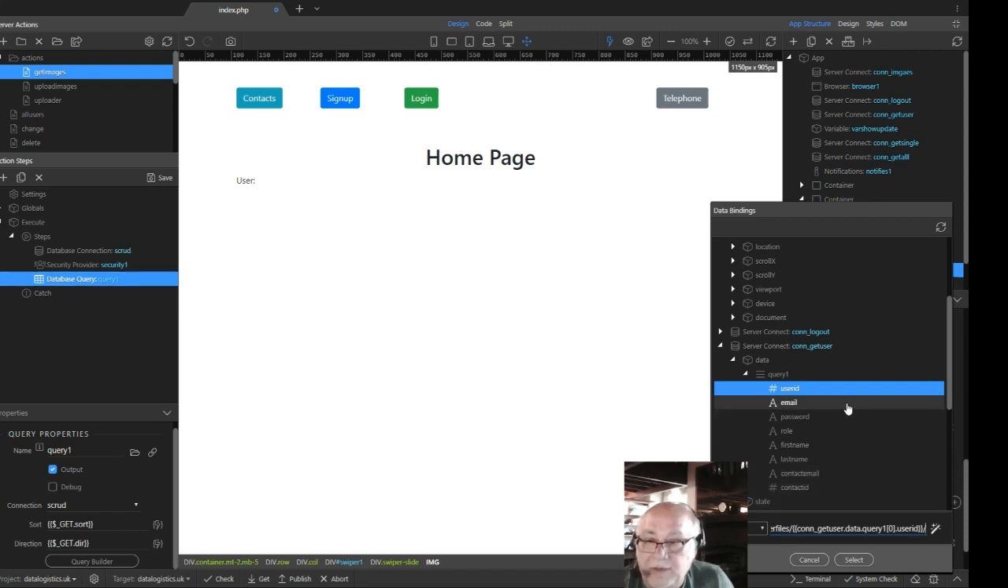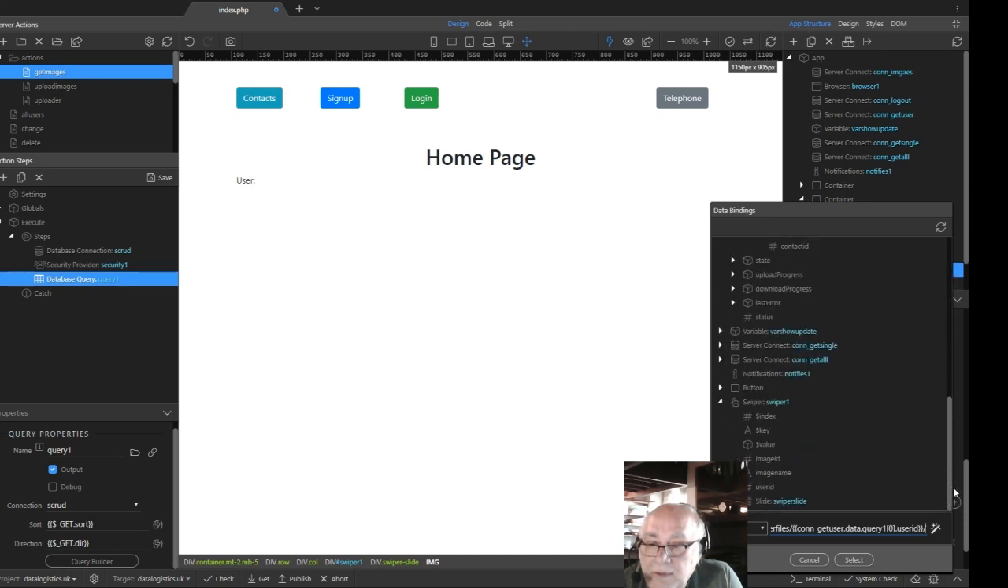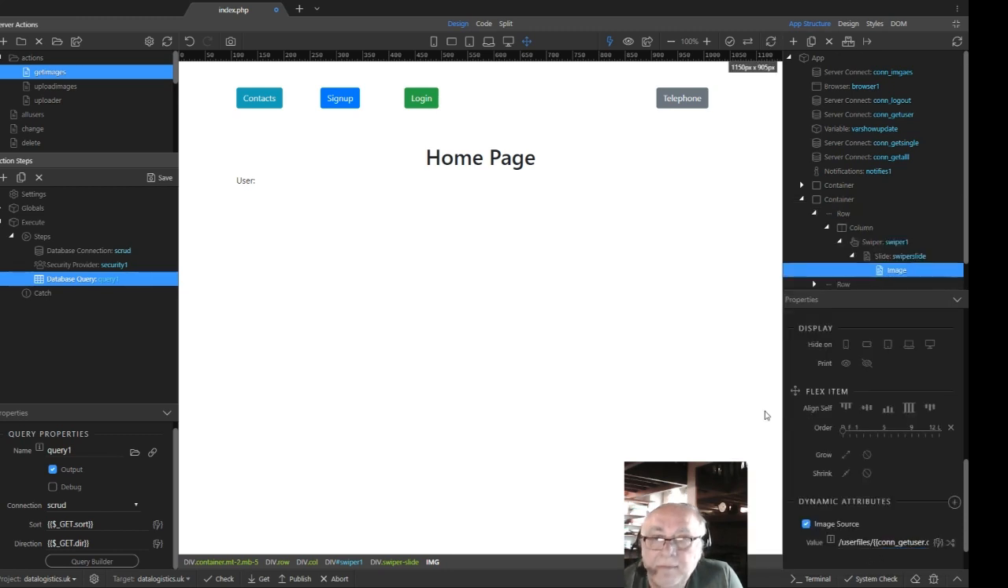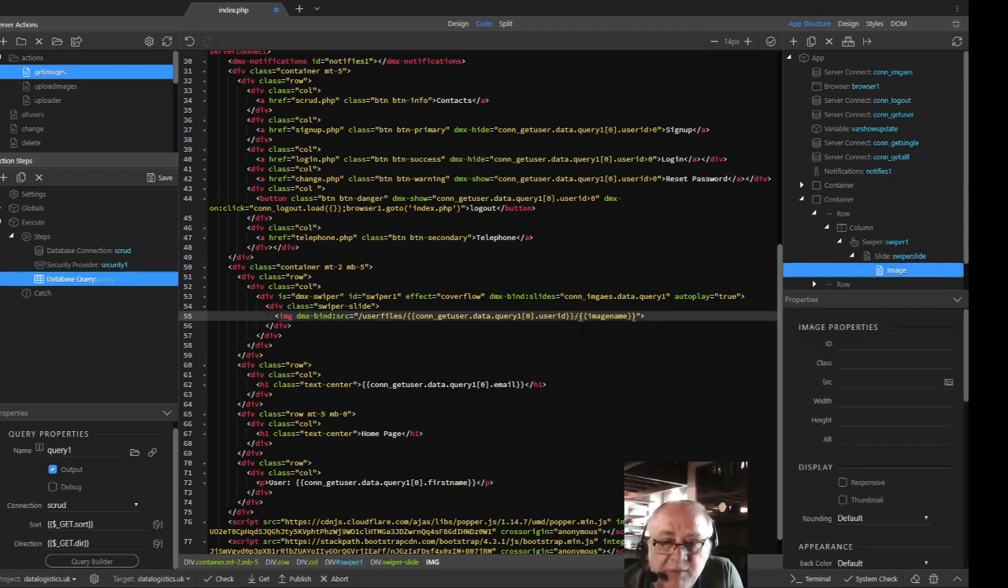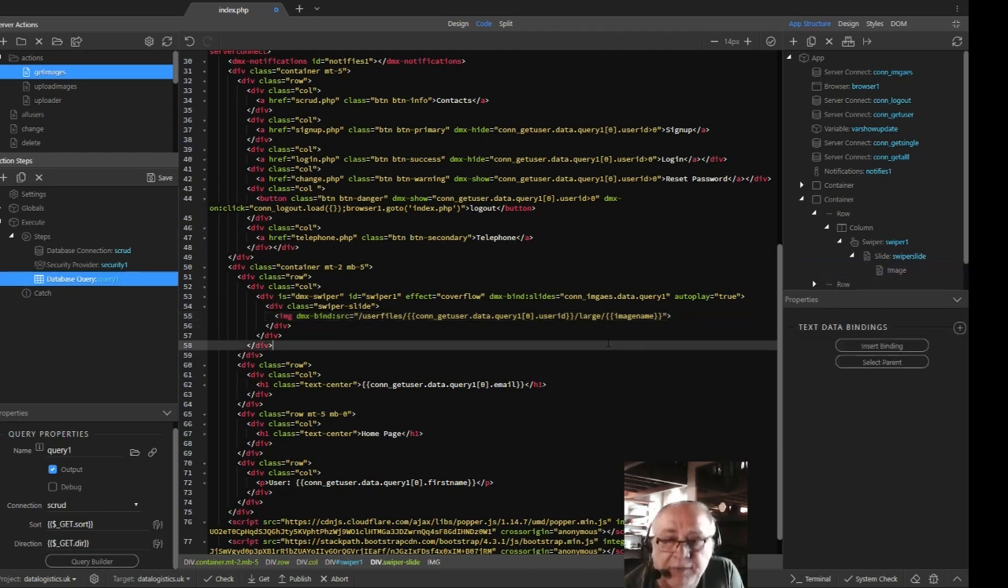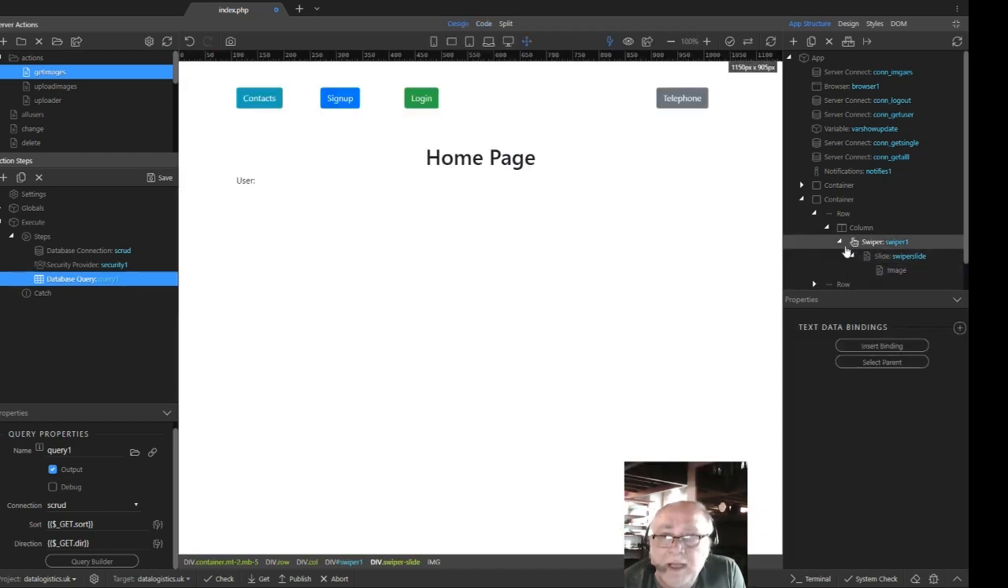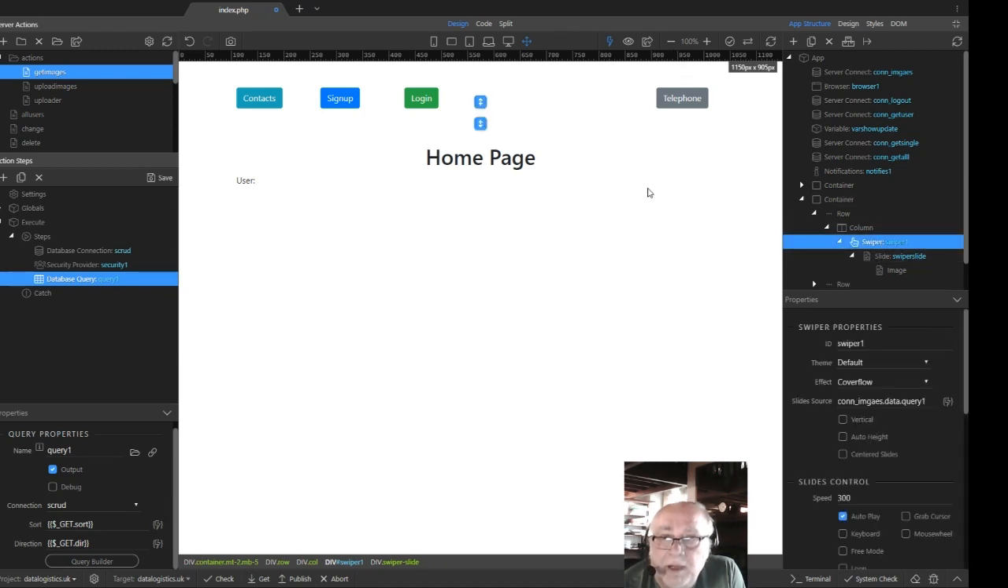And then we're going to need the image name of that particular image. I'm just going to pop in that code view so I can see it properly. User files 13 / image name. We've actually missed out part of the path there because that should be large, shouldn't it? If all goes well, that should allow us to see that swiper control showing those images as large images in the